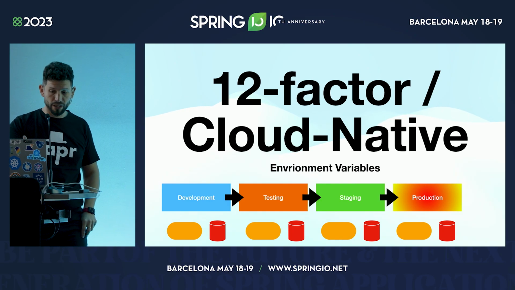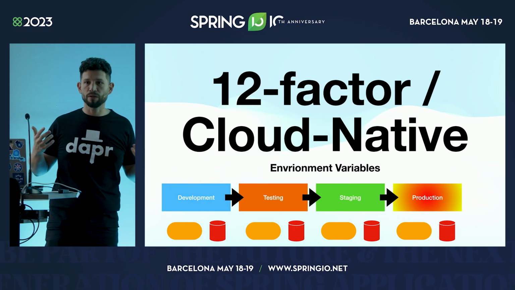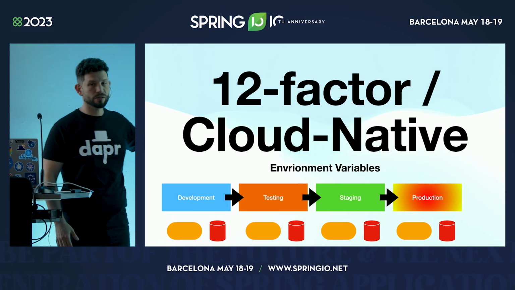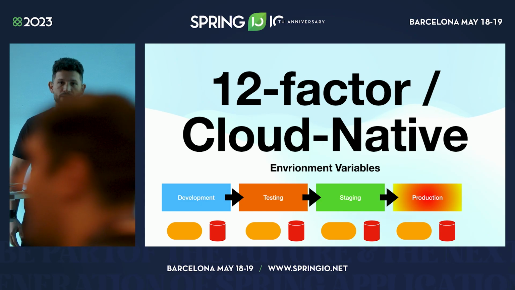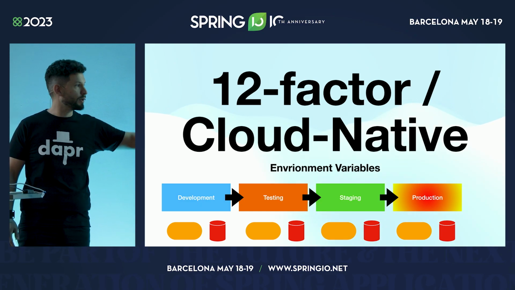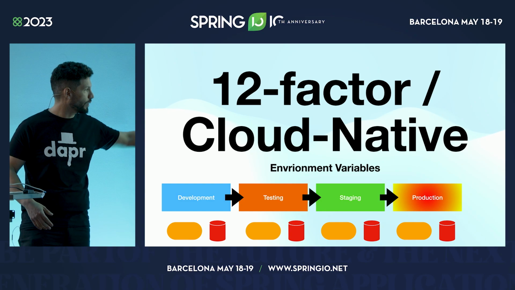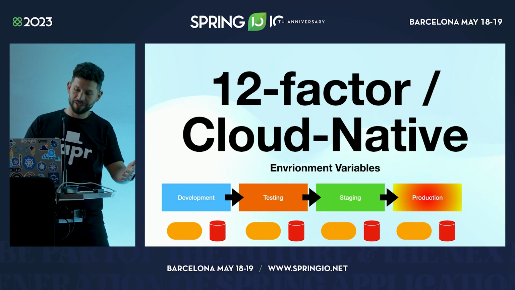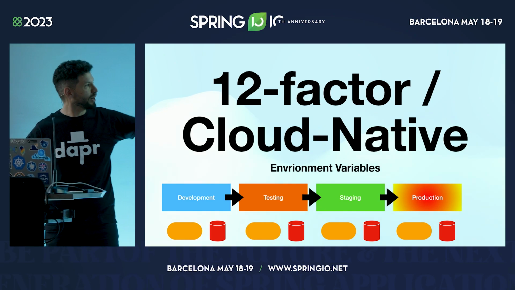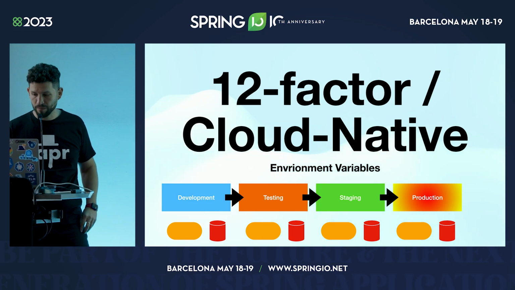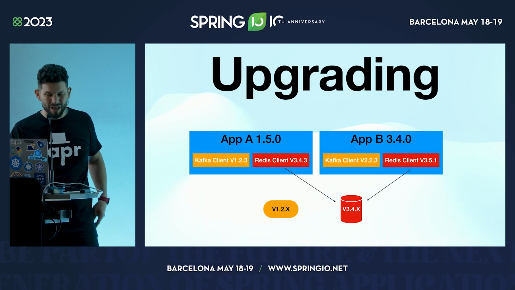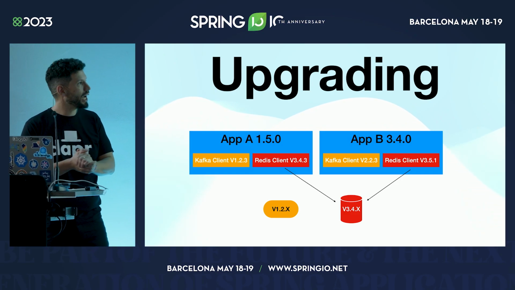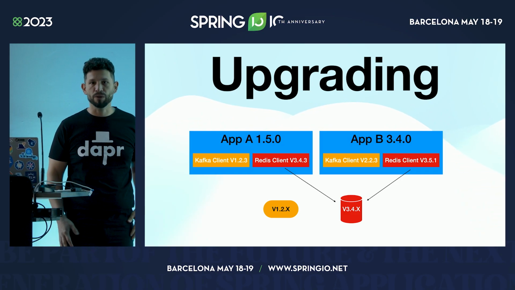And because we are building Spring Boot applications, we can get all the 12-factor advantages, right? When you create a Spring Boot application, by using environment variables, your application will be able to run in different environments and connect to different infrastructure, right? We will just set some different environment variables. We will enable our applications to connect, and we are happy, right? Most of the time. I would say I'm happy when I can just parameterize my application and move it to different production environments, right? But this is also not good in a way, because we have some strong relationships with the infrastructure that we're running, right?